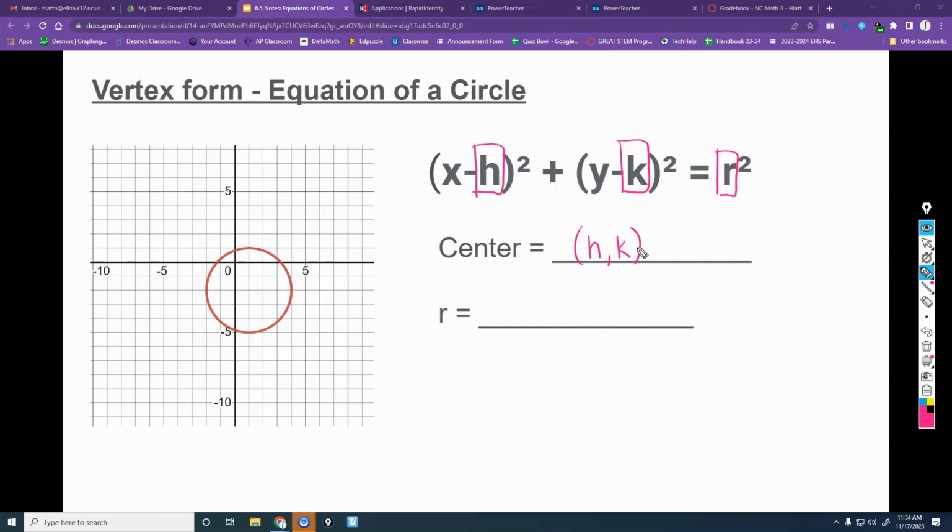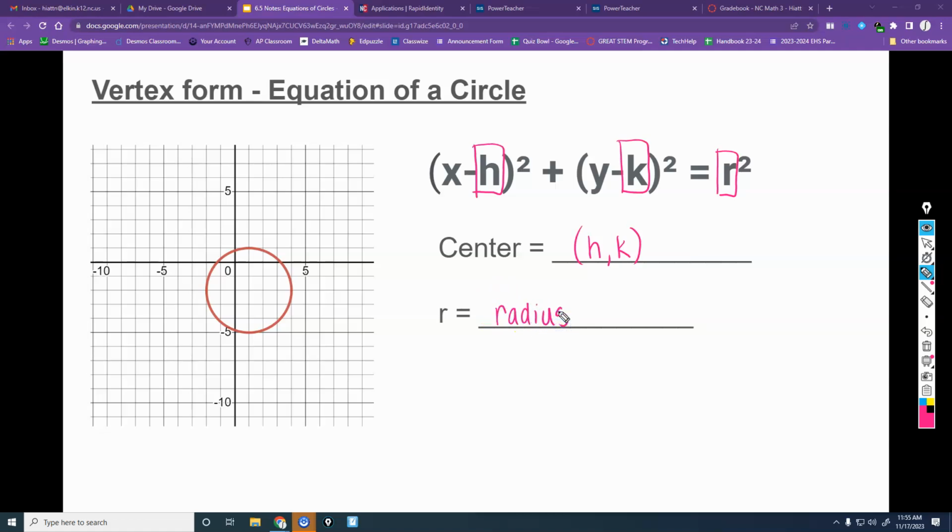of the graph. If you guys remember back to what we did whenever we were shifting graphs up, down, left, right, flipping them upside down, all that transformation stuff, I know it's been a while since we looked at that. When something was inside of the parentheses, it went the opposite direction, right? Like if we want to move something left or right, we would do the opposite direction. Like if we move something right 2, we would put a minus 2 inside of the parentheses. That's how this works here. You've got a minus h and a minus k, but your center will be at positive h and positive k for that. And then r stands for your radius